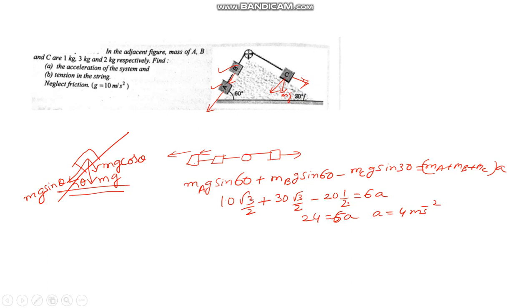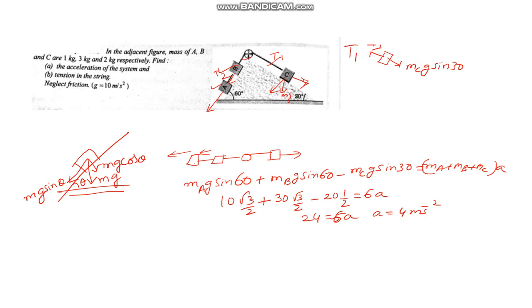So a value is approximately equal to 4 meter per second square. So we have got the value of acceleration here. Now they are asking you the tension, but when you talk about tension, you see this chord is different and this chord is different. Here there is a T1 value, and here some other value T2 will be there. So to find T1 you have to draw the diagram for the C block. If you take the C block, mc g sin 30 is acting in this direction and T1 is acting in this direction.